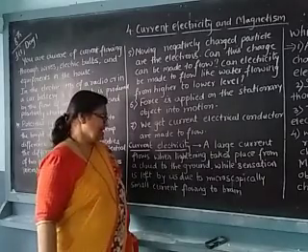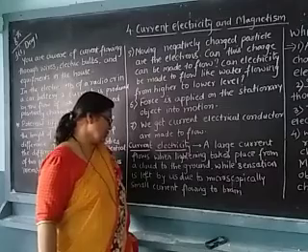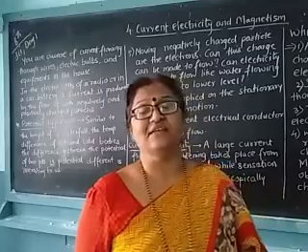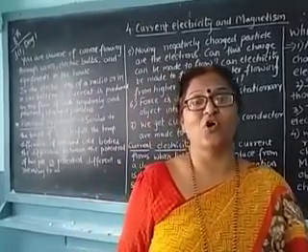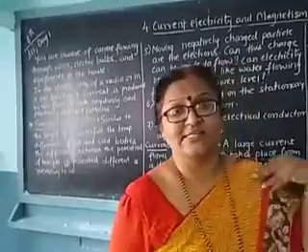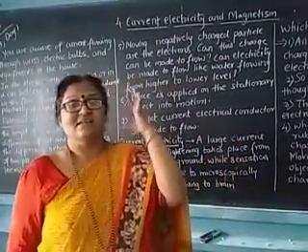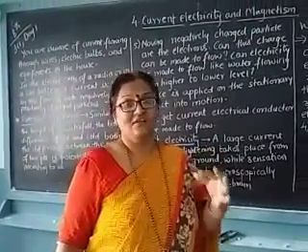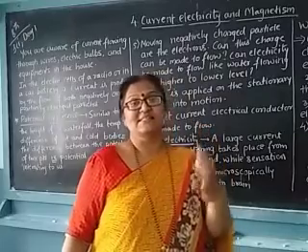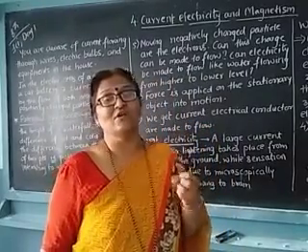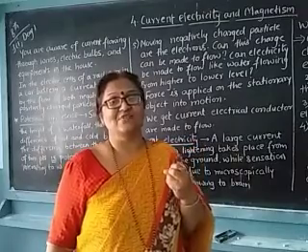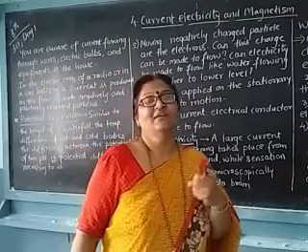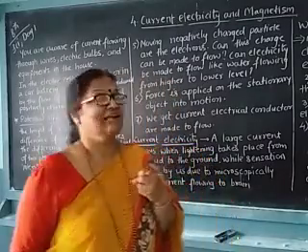The sensation felt by us is due to the microscopically small current flowing through the brain. At this time you may feel some current flowing throughout your brain, or sometimes it feels like something is going on in the brain. That is also a flow of current, or flow of charge, present in our brain. There are neurotransmitters which transfer messages from one place to another place, similar to electricity.